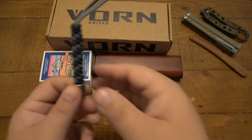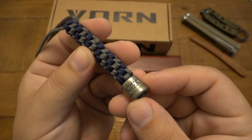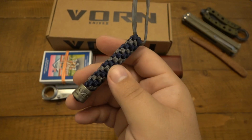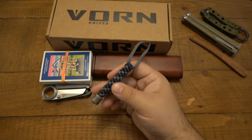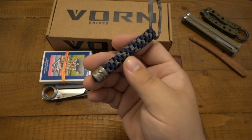So next we have a fantastic lanyard, which is going to get used. This is a ZT lanyard. I actually have a Kershaw lanyard, or excuse me, two Spyderco ones. I have the pewter one, which I put on one of my hoodies as a zipper pull, which I've used for many years now, and I have another one that's on